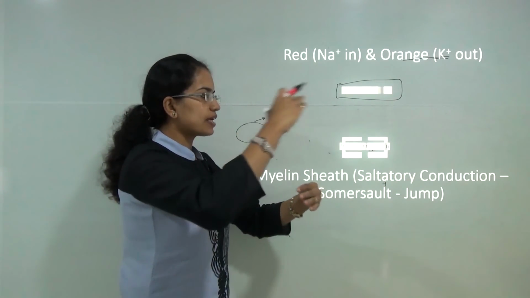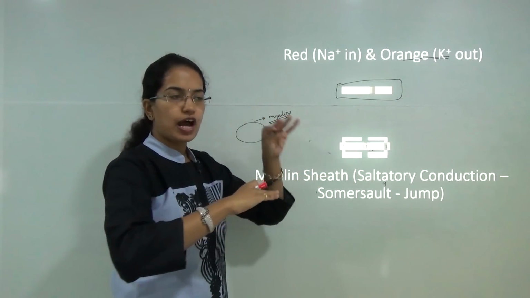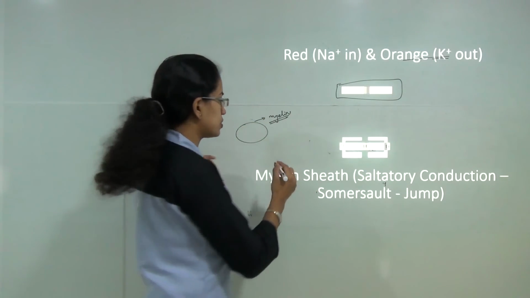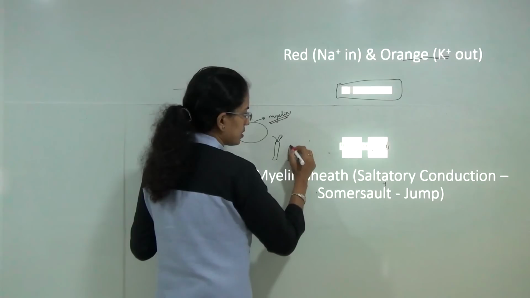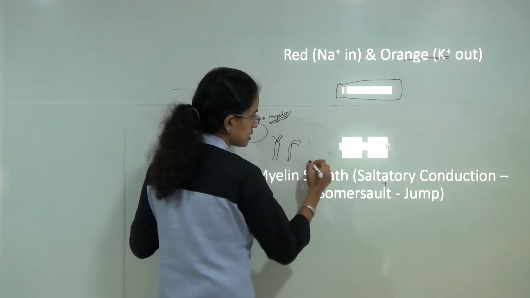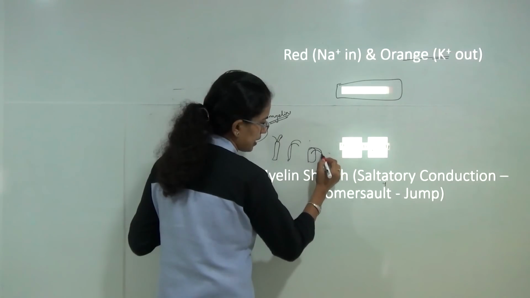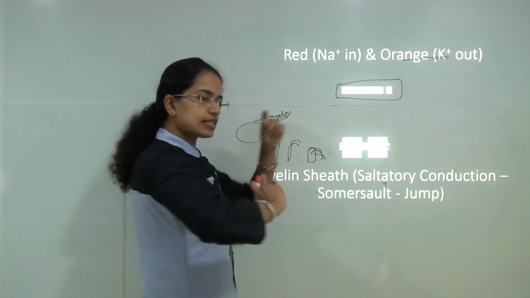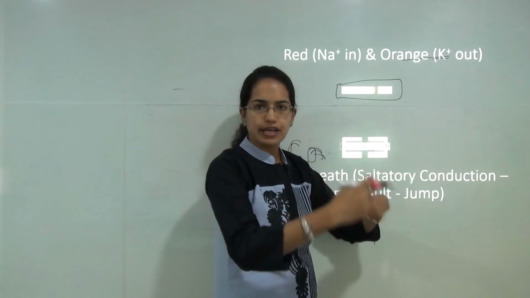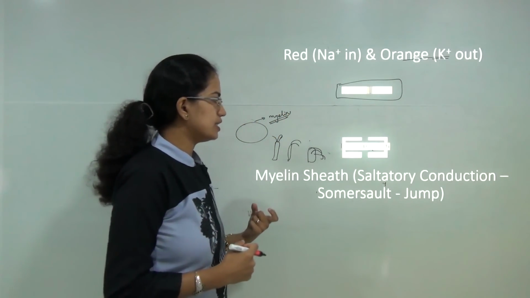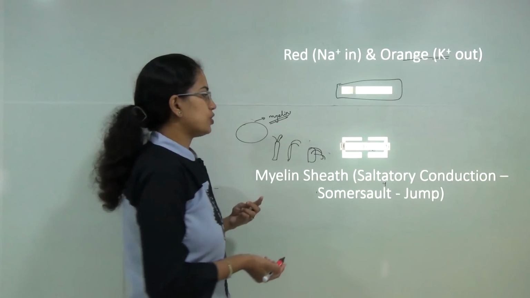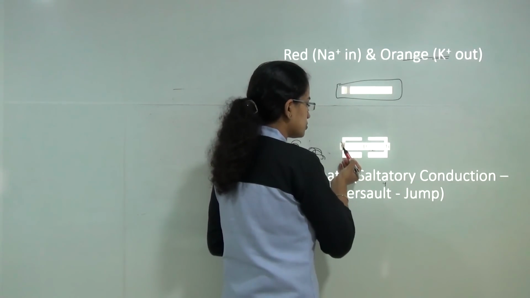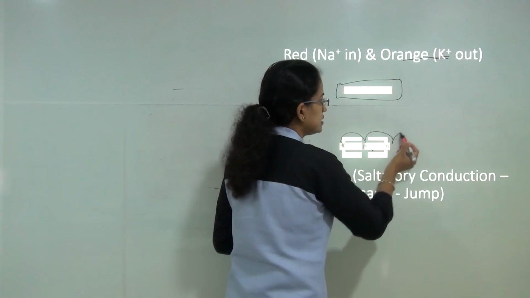And that jumping is similar to a movement of hydra, which is a kind of somersault movement. So if you have a kind of hydra with tentacles here, the next stage you would show this, and in the next stage it would be kind of bent like this. So that's a kind of leaping movement or jumping movement, I could say, that occurs, and similar movement is seen in the neurons. So you have the signal that is passed through the nodes of Ranvier and it jumps.